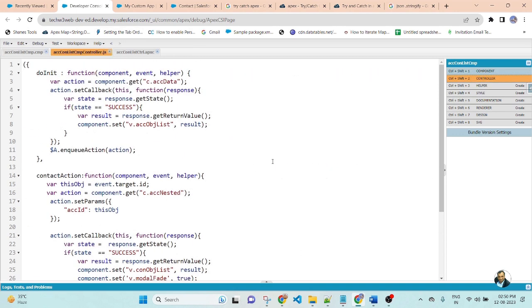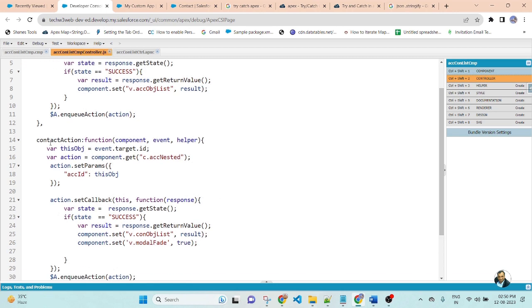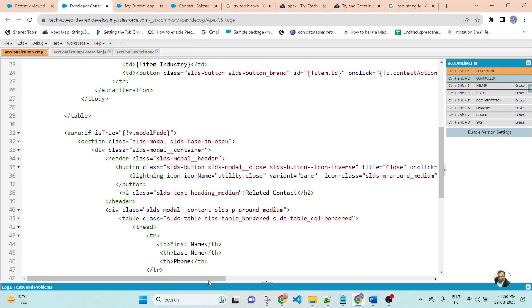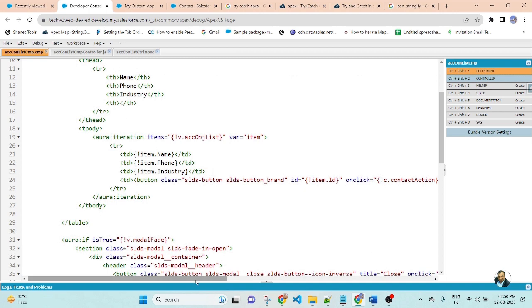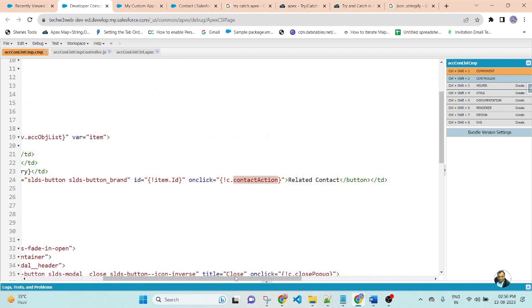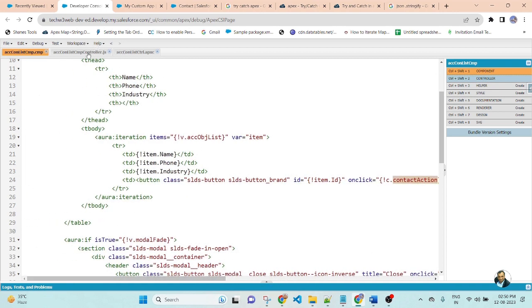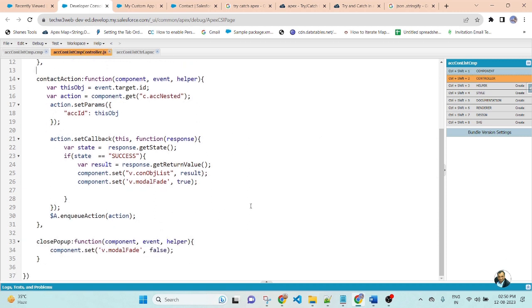In the JavaScript file, this is a doInit function to fetch the account list whenever this component loads on the browser. Then contactAction is a function; whenever you click on the button, this action will be called, and here I am setting the result that will come from the Apex class method.